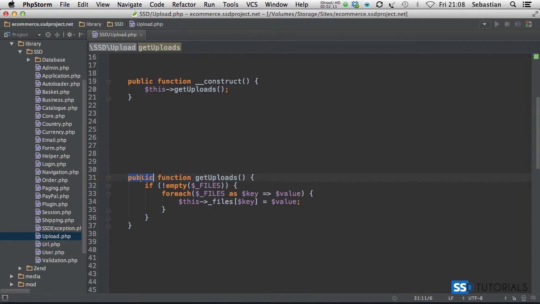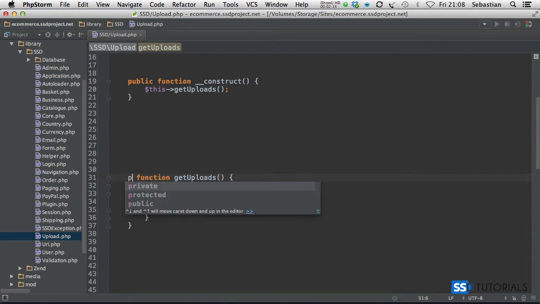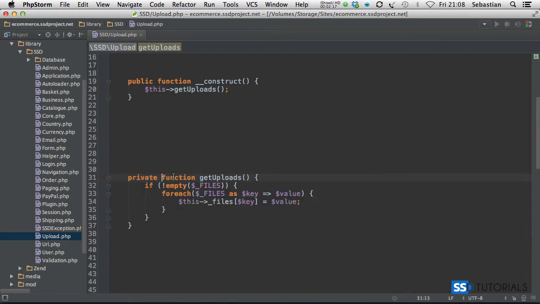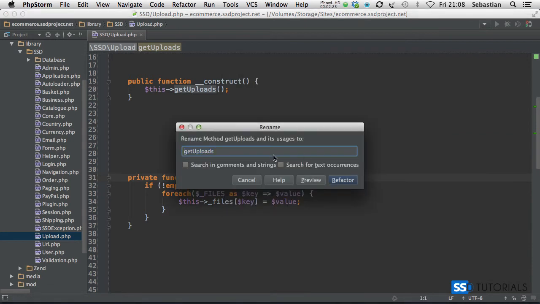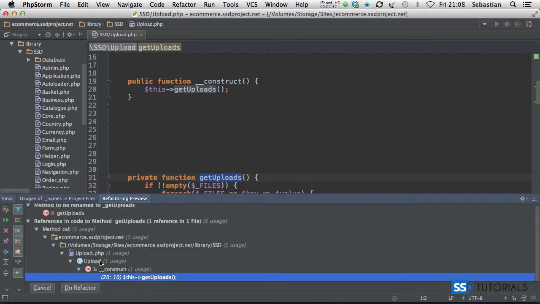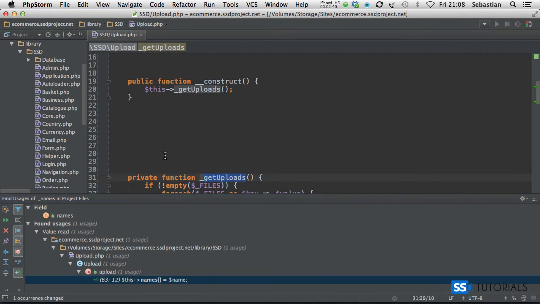So what I'm going to do first, I'm going to change this public here to private, and now I'm going to rename this one. I'm going to double click to select it and refactor it, and I'm going for rename, and I want to change this to underscore get uploads. And first of all, I'm going to click the preview so I know how many usages there are. I can see that it's only in the constructor, as you can see inside of the upload class, and I'm just going to click do refactor, and as you can see, it's automatically updated the method